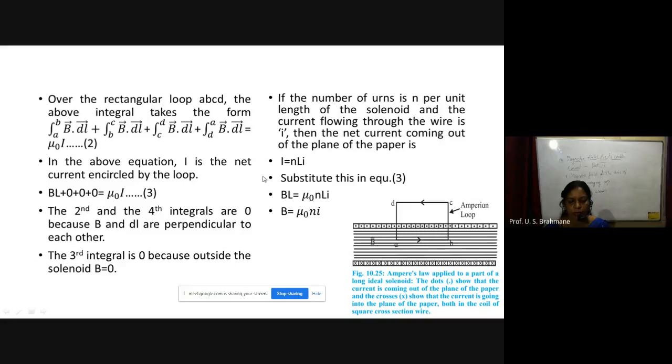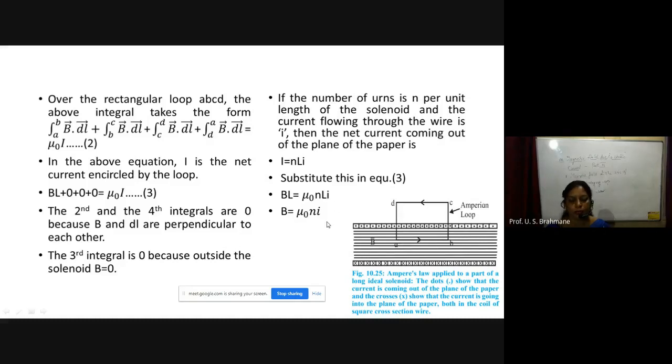So it becomes, for this I you're going to substitute mu 0 I. So take the third equation. So this becomes the fourth equation. So BL equals mu 0, and for N I you're going to write nLI. So B is equal to mu 0 nI. Getting it? So this is a very important equation because once you know these equations, you can solve problems which